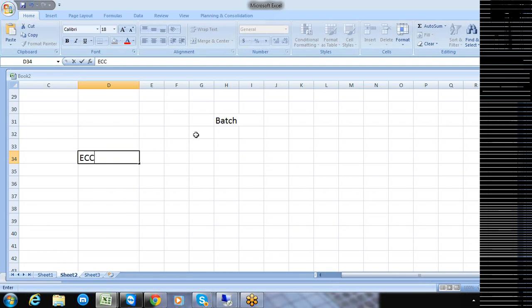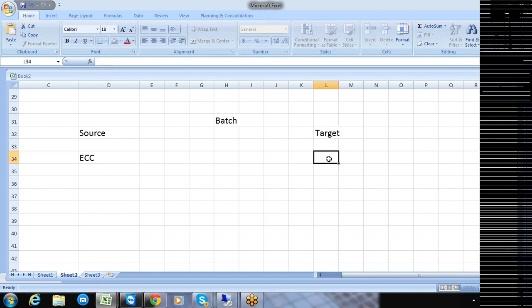ECC and BI. This ECC is supposed to act as a source, and we are supposed to have a target, and this target is nothing but your SAP HANA.